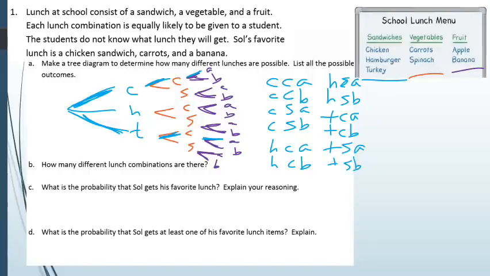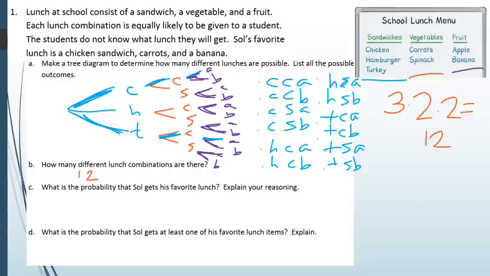And so how many outcomes is that? Well, again, using the counting principle like we were starting to introduce today and like you're going to see tomorrow, there are 3 sandwich types, there are 2 vegetable types, and 2 fruit types. So to find the total number of outcomes, I can also use this thing called the counting principle to say 3 times 2 times 2, that makes 12. And sure enough, over here I see 1, 2, 3, 4, 5, 6, 7, 8, 9, 10, 11, 12 possible